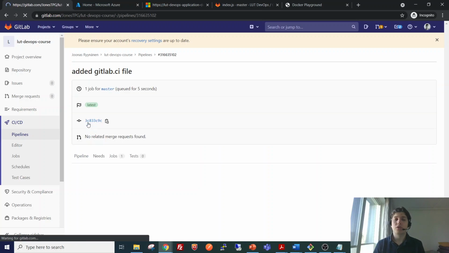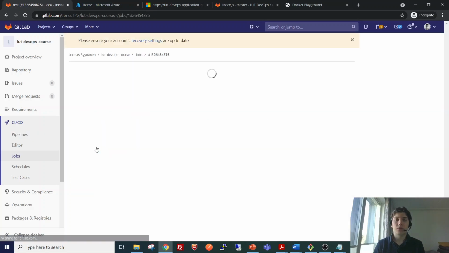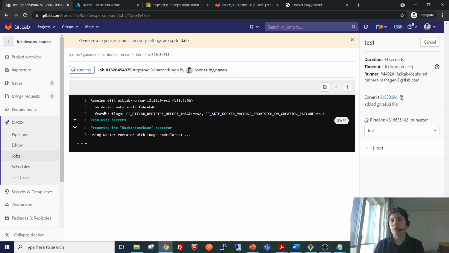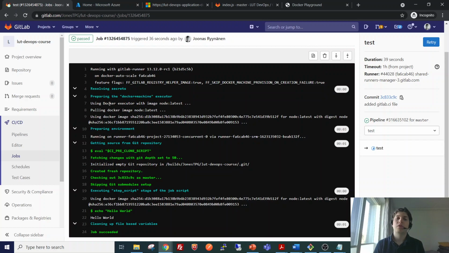So we can see the logs of the pipeline by accessing this test stage that we created here. Now here we can see that the pipeline runner is using node as its base image. So the runner is actually using Docker and using a node image on the Docker, and we could provide any other Docker image as the base image of the pipeline, which gives us a wide variety of options regarding different things that we can do.